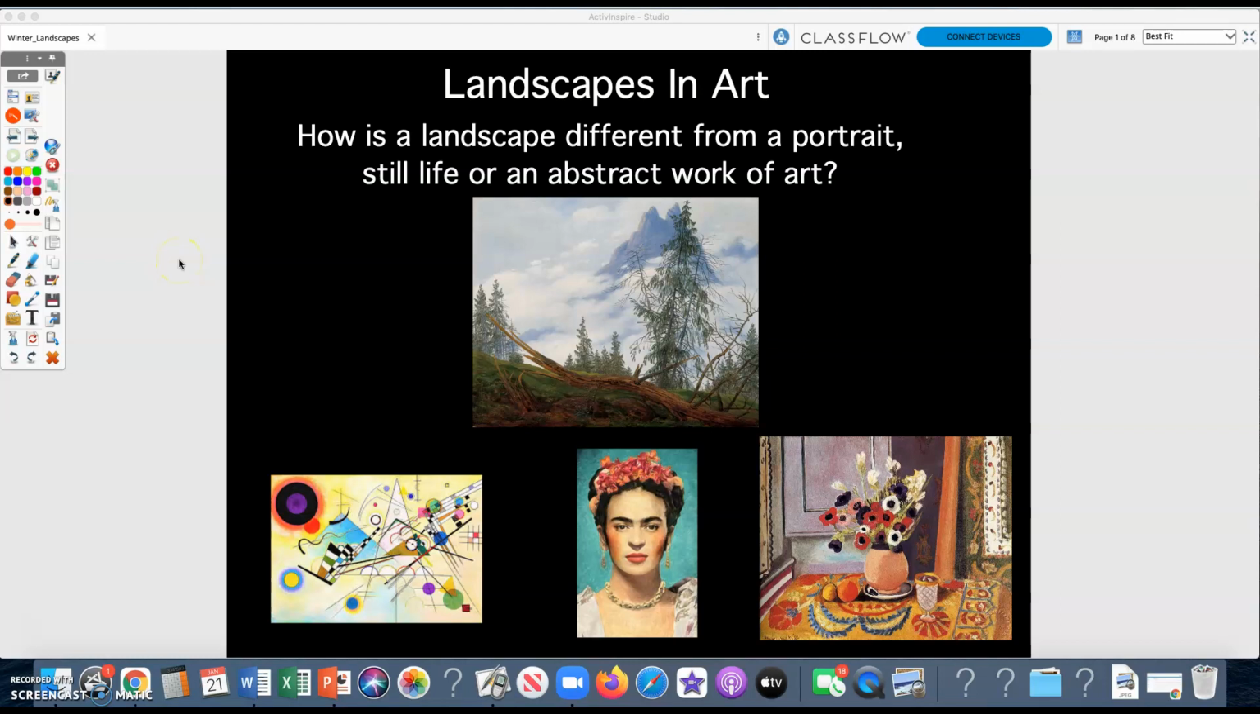All right, friends. So we just finished talking about abstract works of art like Kandinsky's down here. But today we're going to focus on landscapes in art. So my question to you is, how is a landscape different from a portrait, a still life, or an abstract work of art? Well, we just studied abstract works of art. So we know these are lines, shapes, and colors,